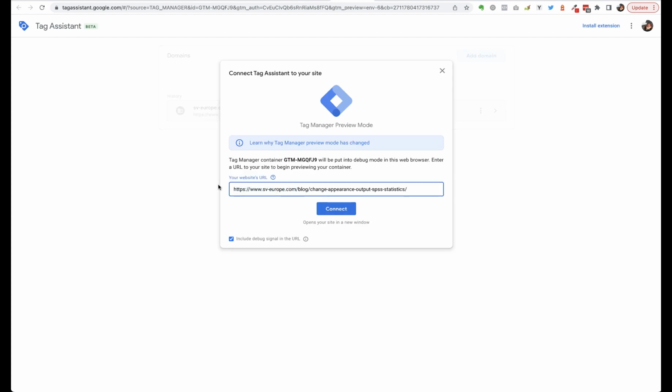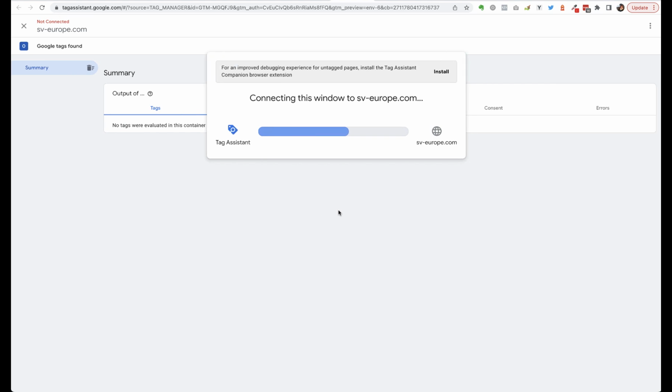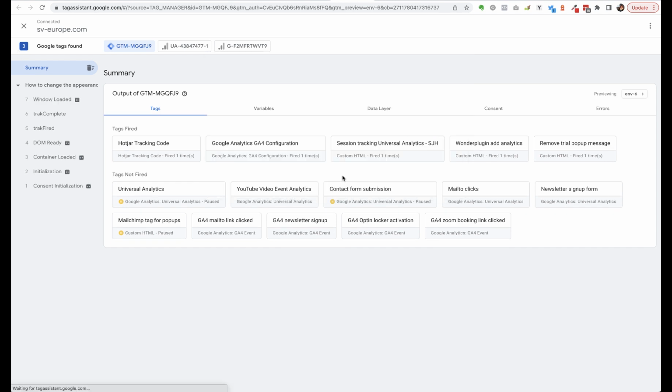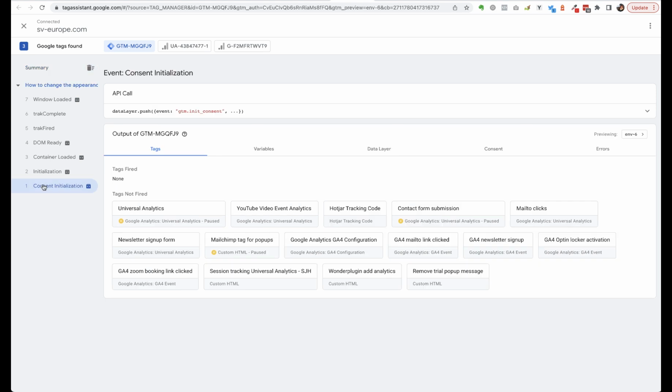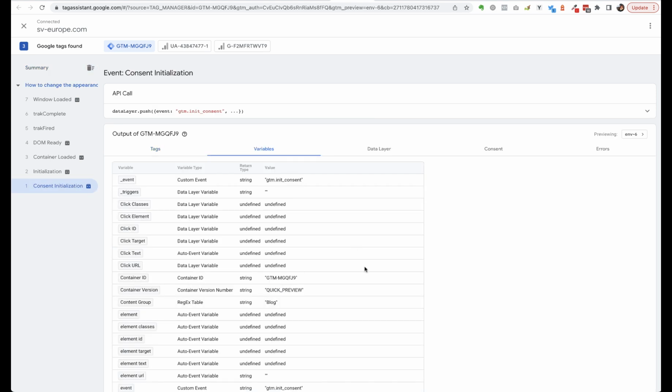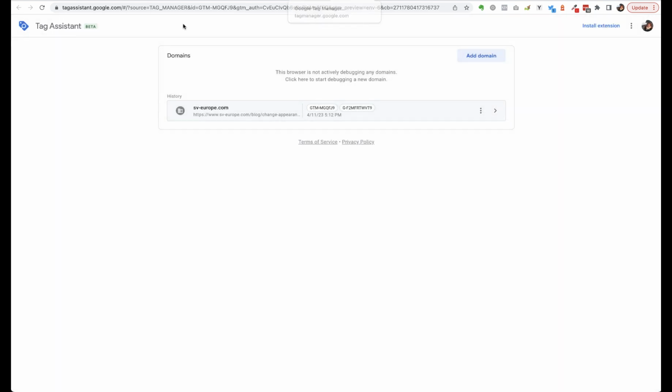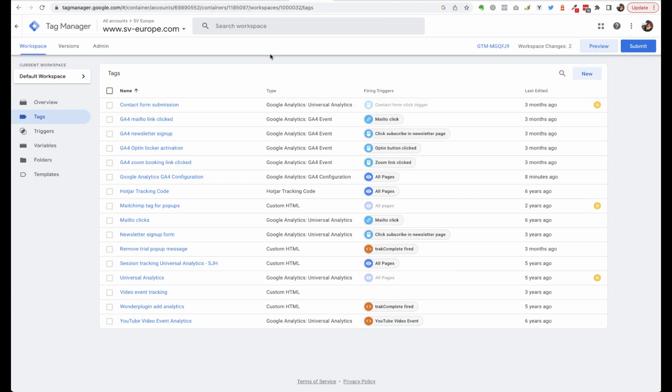I enter the new URL that I want to check and click connect. It's going to open up the window. It's fine, there it is. Go back to the preview and click continue. Same as before, click on consent initialization and then variables. And this time we can see down here, we've got content group firing, this time with the value of blog. So we know that this is working the way that we want it to. So we close down, stop debugging,